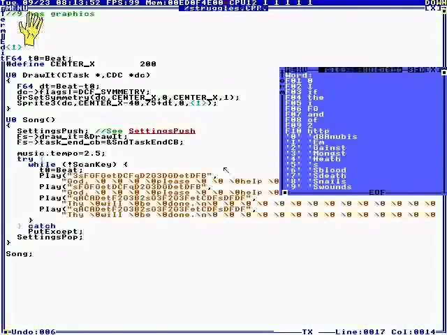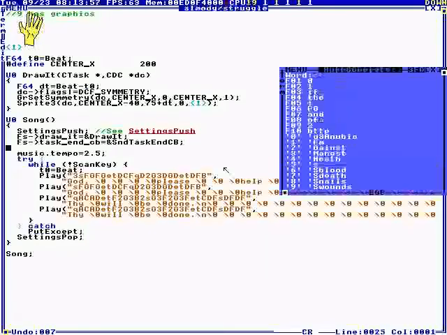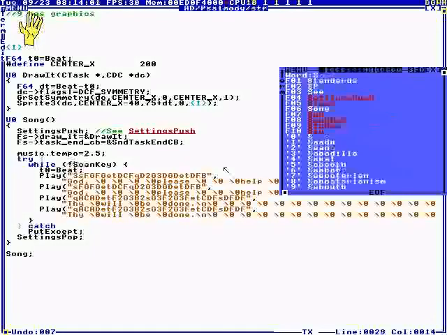Anyway, so this is synchronized to the song, and well, not scan key, so it'll loop until you hit a key,